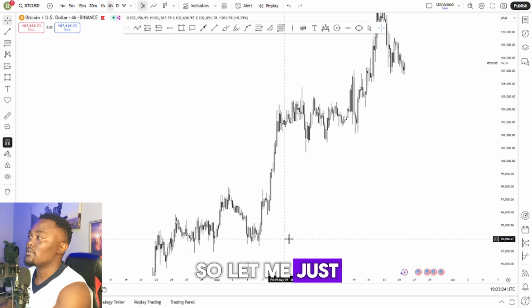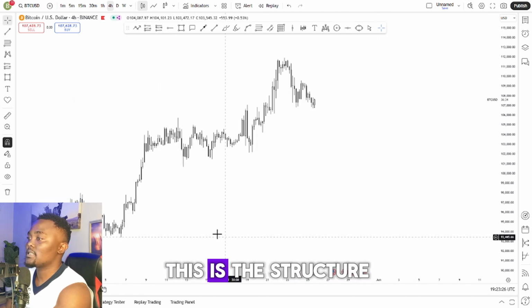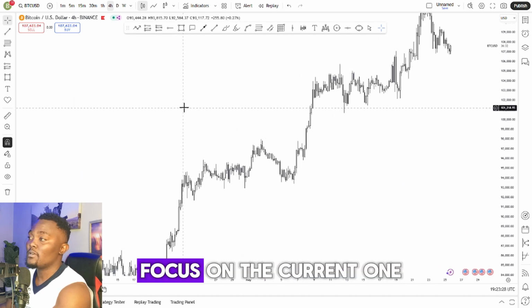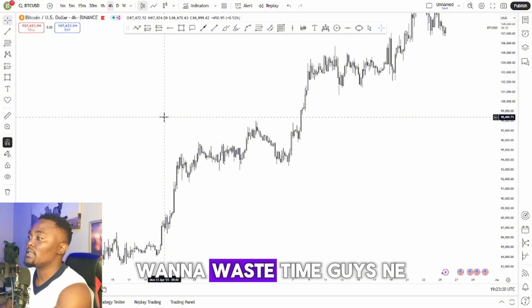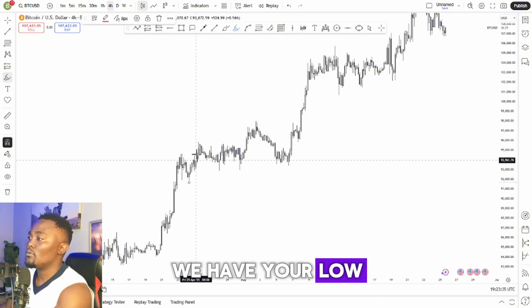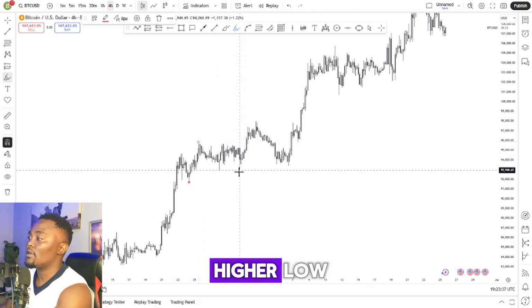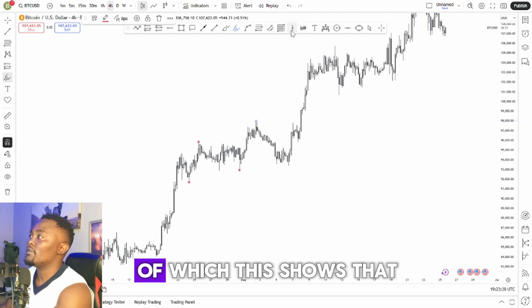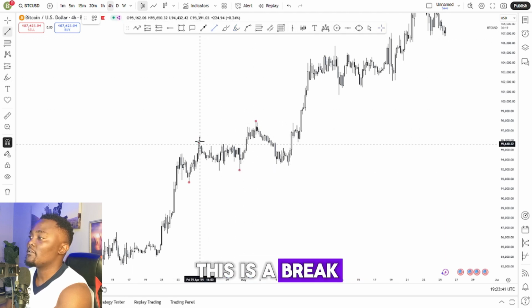Now, so let me just do this. Then as you can see, this is the structure that we have. So I'm just going to focus on the current one just because I don't want to waste time, guys. Now, as you can see from here, we have your low, then you have your high, then you have your higher low, then you have your higher high, of which this shows that this is a break of structure